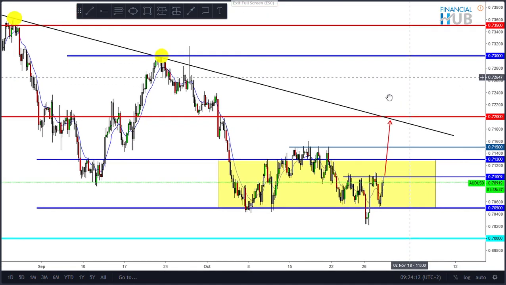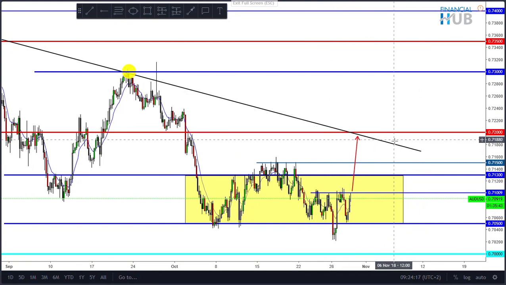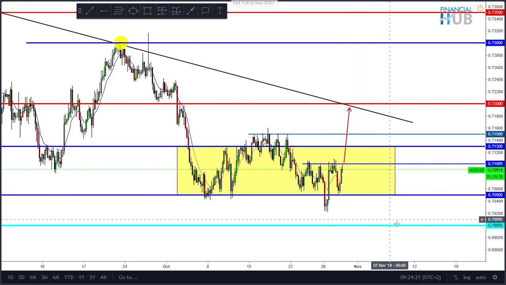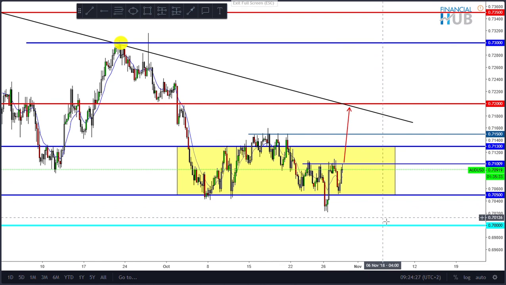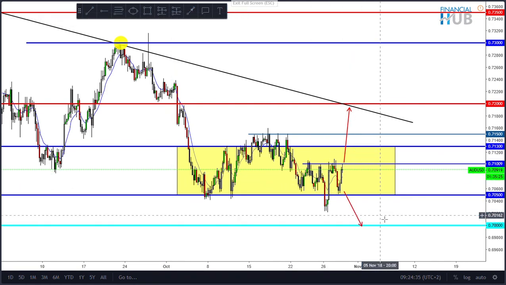And that's one analogy where we can retest this level, our trend line, in line with our resistance level 0.7200, and after that we can have that fall back down to 0.7000 before we get that sense of direction. So at the moment the market is still bouncing off. Sometimes it's difficult to know the sense of direction, especially when we enter the consolidation level,